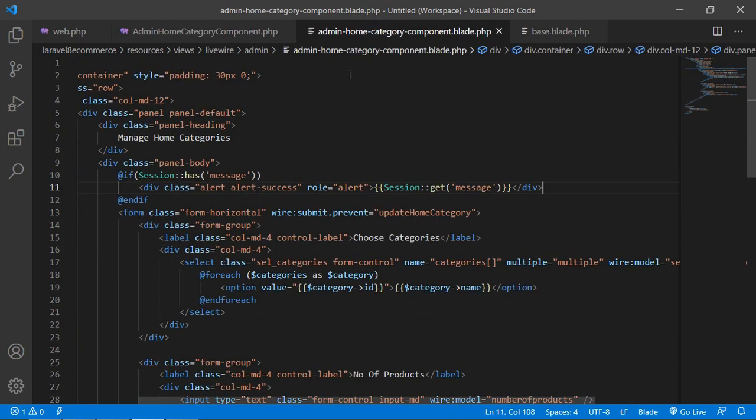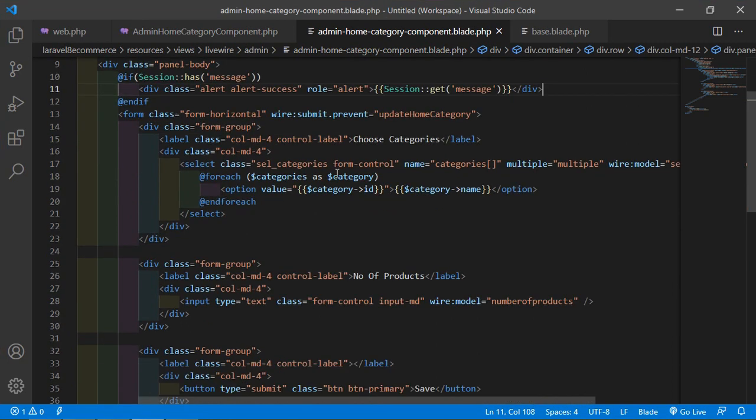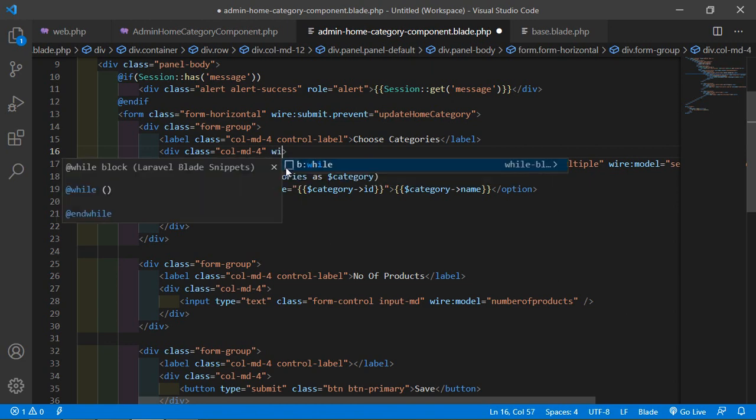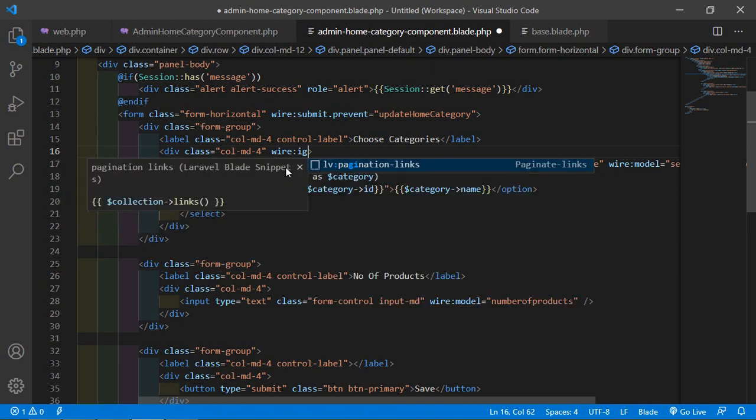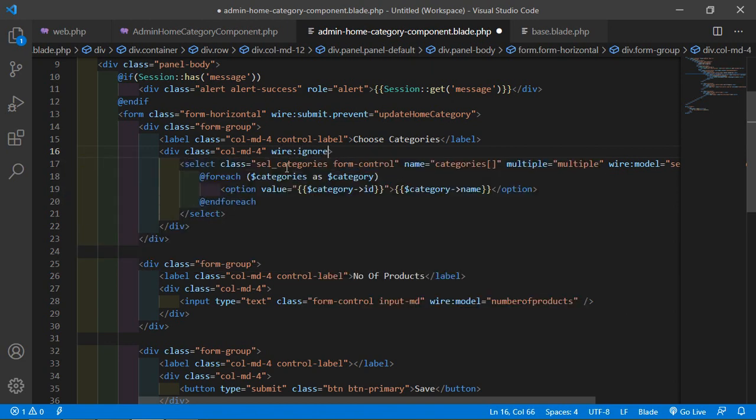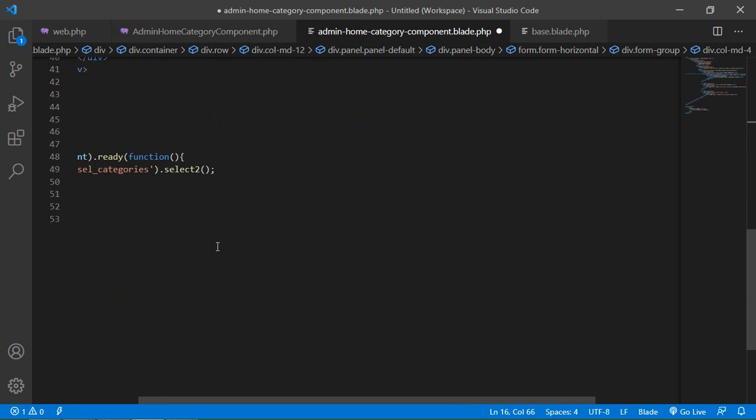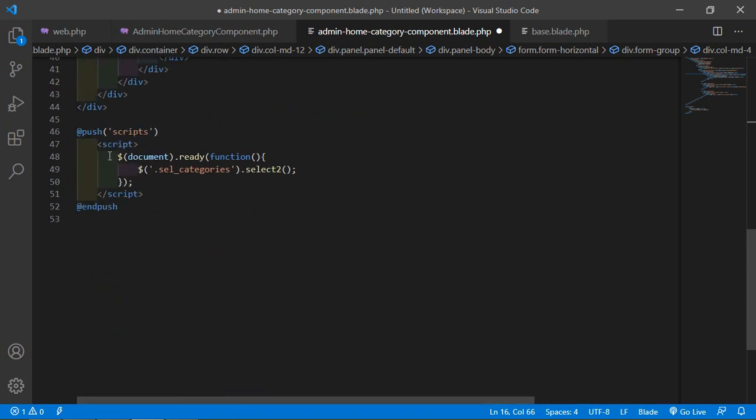Okay, now it's done. And inside this select control, inside this div, let's add here wire:ignore, wire underscore ignore. Okay, ignoring the Livewire action. And now inside this script JavaScript code, add here